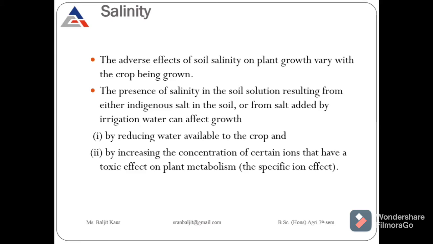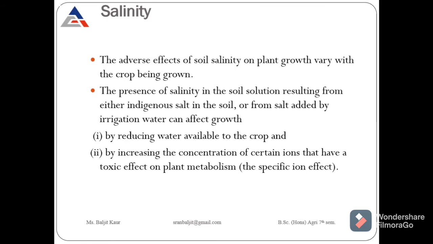And this salinity affects the growth of the vegetable crops by reducing the water available to the crops, okay? The water availability will be reduced if saline conditions are there, and there will be an increase in the concentration of some ions that have a toxic effect on the plant metabolism, right? So specific ions are present in the saline waters or saline soils, and they have a toxic effect